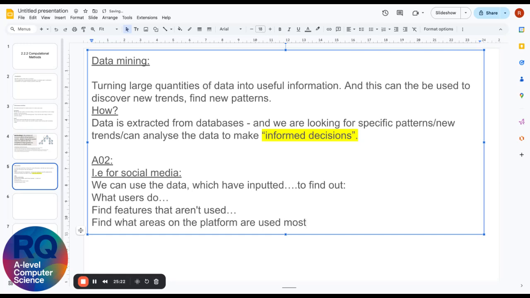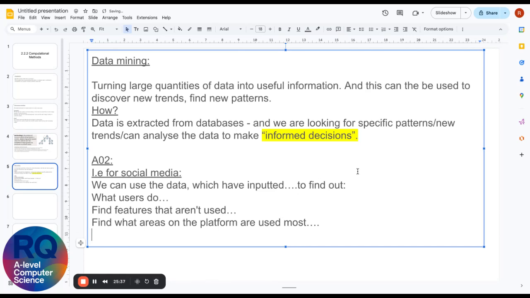For example, do people use it a lot of the texting area of the site? Do people use a lot of the video content area of the site? Do people use it to post a lot of pictures? Which areas you pretty much use. So from that, we can then